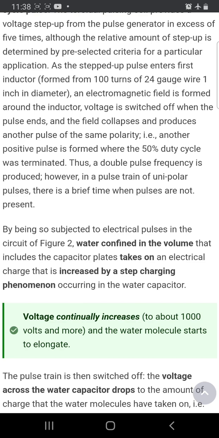You're not going to get into the realms of Stan Meyer electrolysis just using PWM, because when these chokes are tuned right, what it's supposed to do is